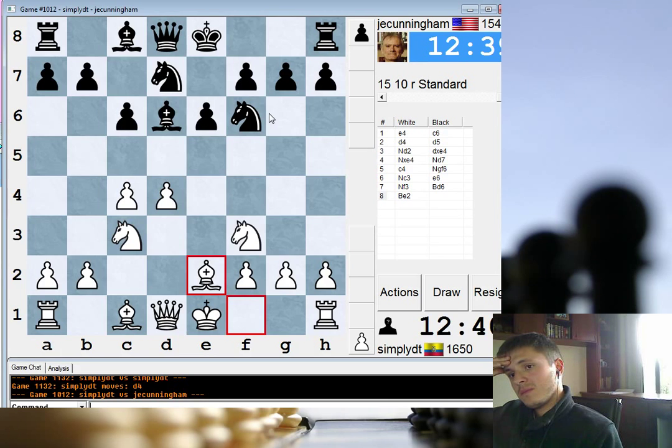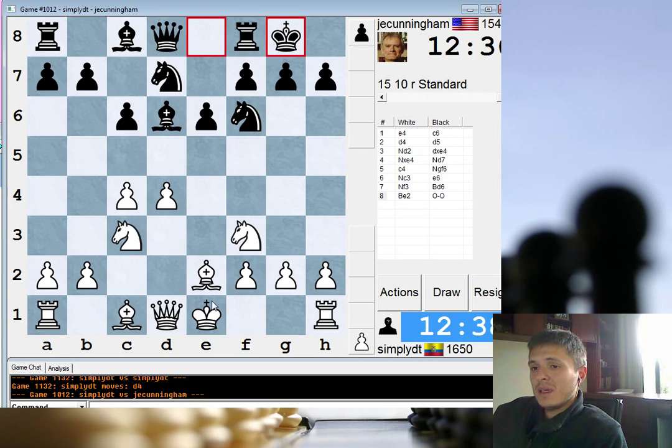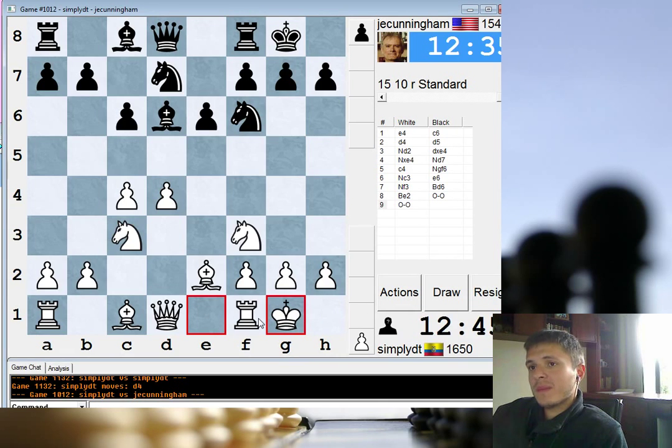e5. Maybe. e5, d takes, or do you push? Let's say e5, d takes, and e5, knight takes, knight takes. Oh. Let's just castle for now, huh? That was the plan. I think he was looking for plans and decided that they're not good yet, and